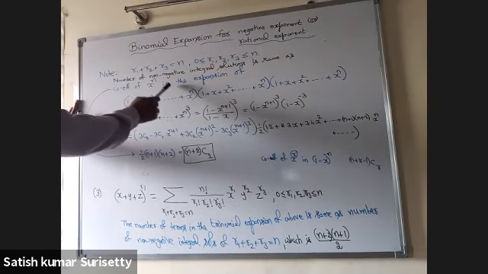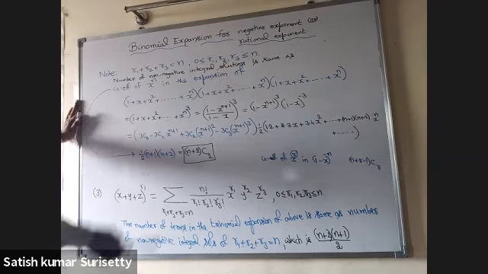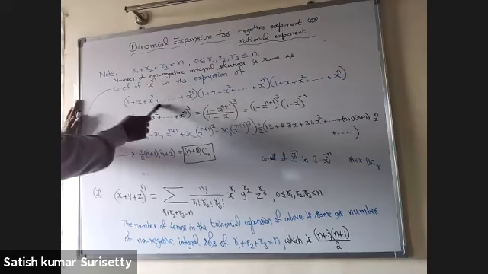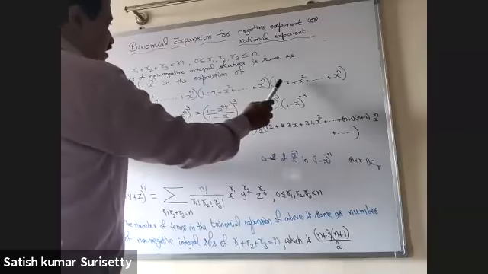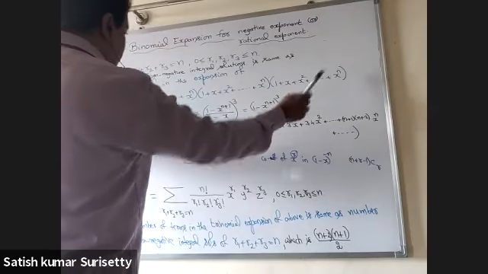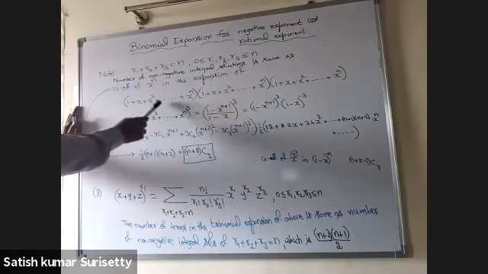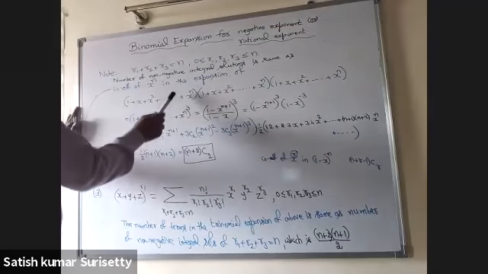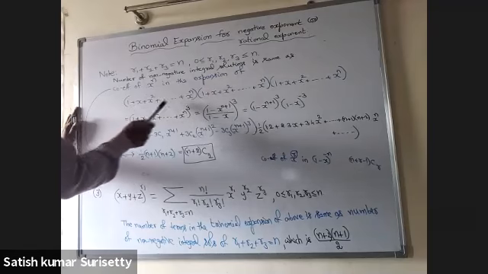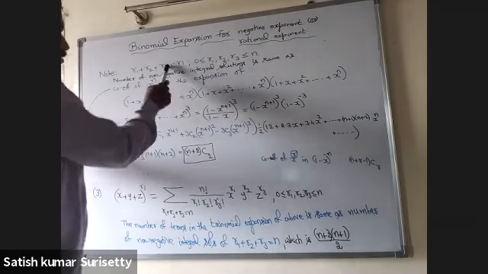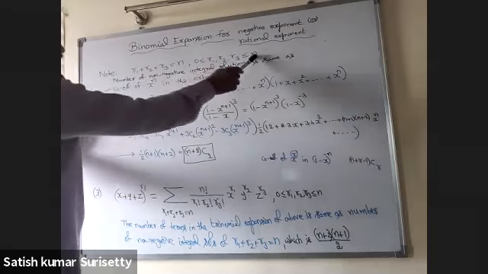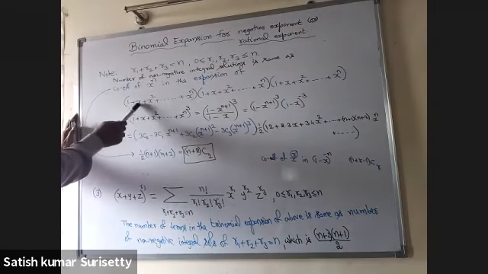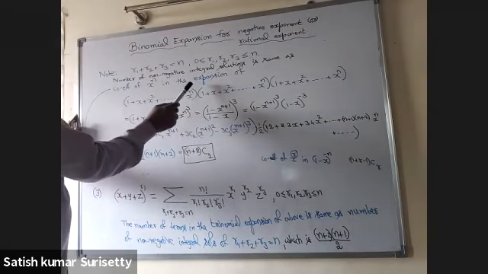the coefficient of x^n in the expansion of (1 + x + x^2 + ... + x^n) into (1 + x + x^2 + ... + x^n), also (1 + x + x^2 + ... + x^n). Now, why we are taking three factors is each factor corresponds to r1, r2 and r3. The values of r1 take from 0 to n. That's why we are writing here x^0, x^1, x^2 and so on to x^n.